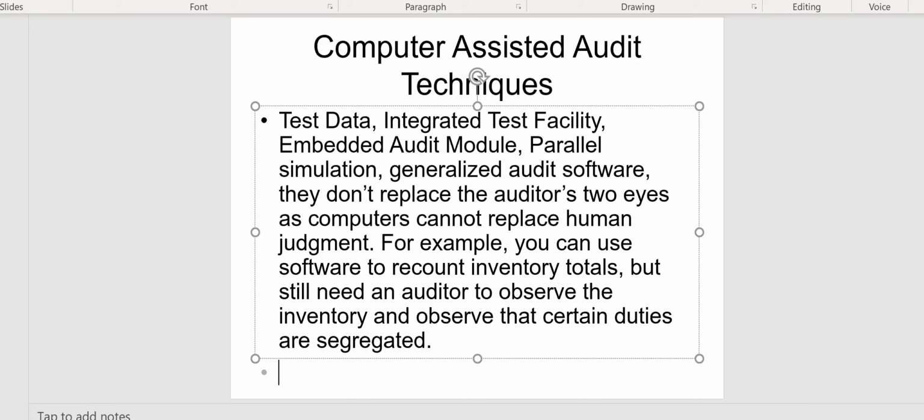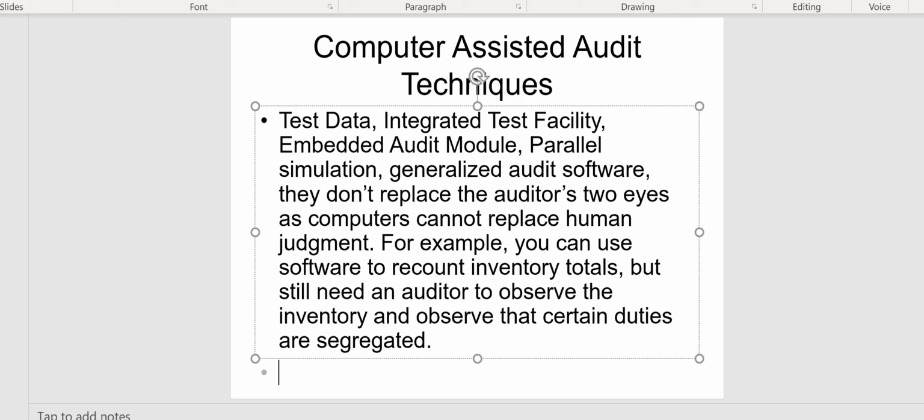All right, in this video, we're going to look at some computer-assisted audit techniques for the audit of IT. Terminology is key here, and terms like test data, integrated test facility, embedded audit module, parallel simulation, generalized audit software. These are things that are going to come up on the exam, and you're going to have to know one